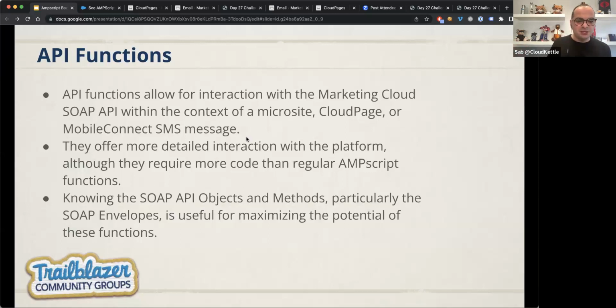Mobile Connect SMS message. They offer a more detailed interaction with the platform, but you have to add more code than your regular Ampscript. In the example and use case that I will share, you will see lots of lines. You can do it with SSJS really faster than with Ampscript. But with Ampscript, it captures everything in one code versus doing it in multiple places. It's important to know SOAP API objects and methods, particularly SOAP envelopes, and it's really useful for maximizing the potential of